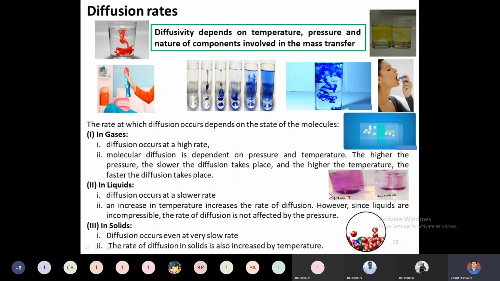High temperatures are favored in the liquid phase, and at the same time in the gas phase also. Since liquids are not compressible, pressure is independent, so the diffusion rates are not affected. Whereas in solids, because of the orientation between particles